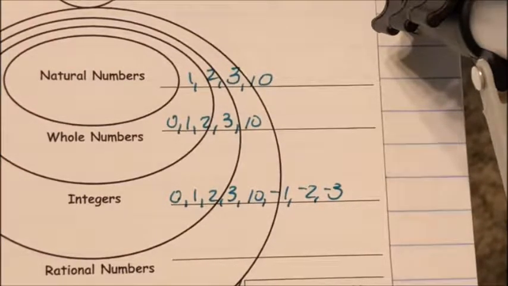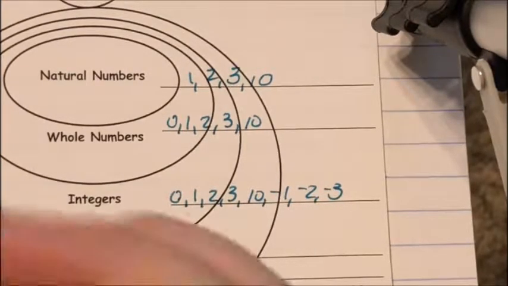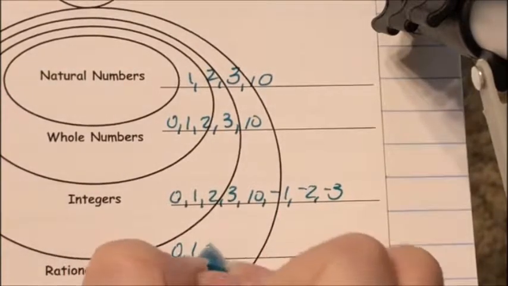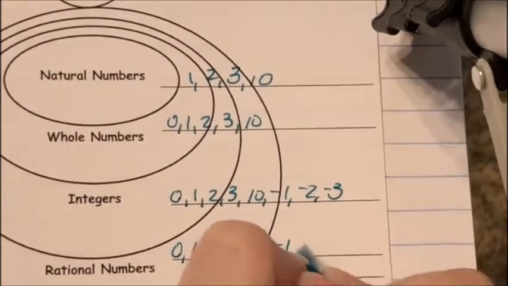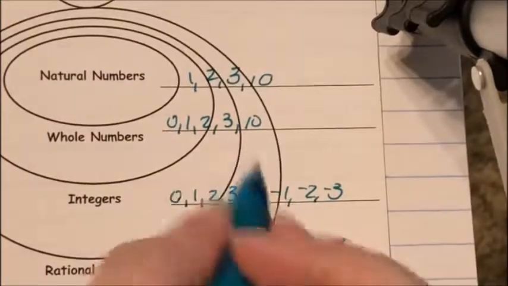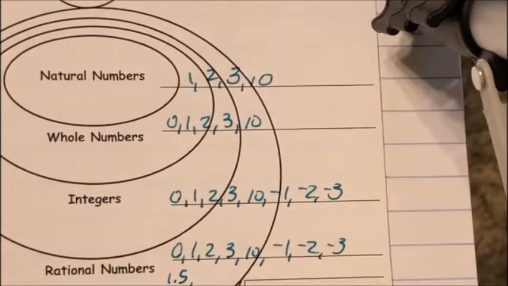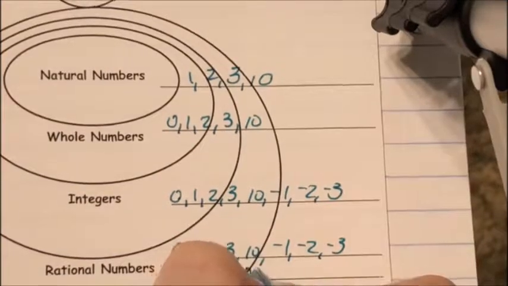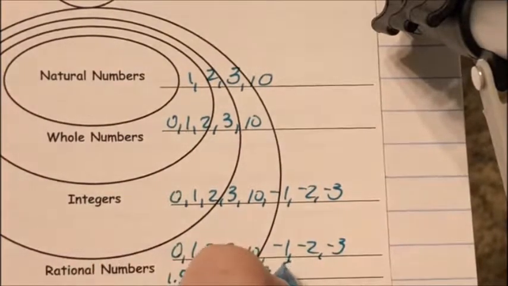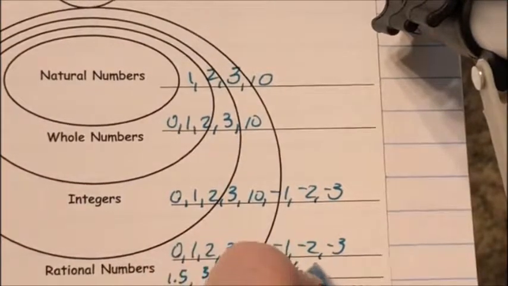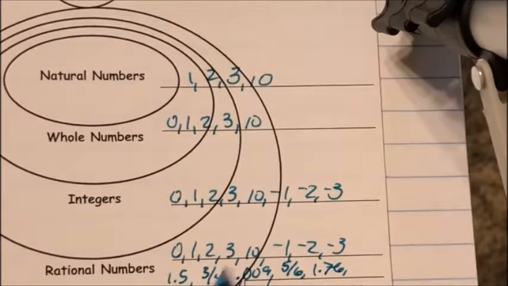Okay. Then I have rational numbers. So rational numbers are anything that can be written as a decimal, a terminating decimal, or as a fraction. So that includes all my integers, and any of the numbers that can be written as a fraction. So I have 1.5, 3/4, 0.009, 5/6, 1.76,